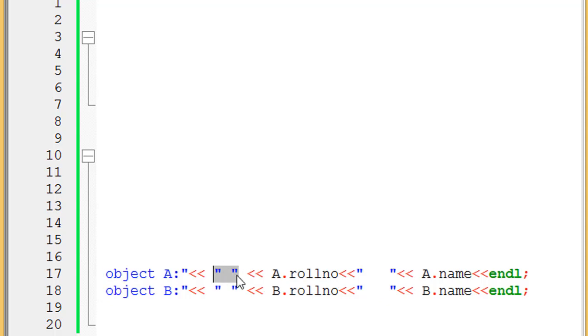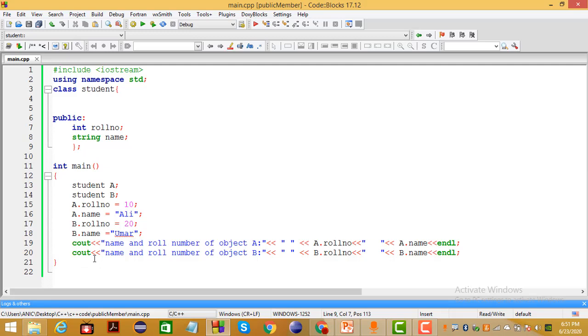They insert the space. So we inserted the space between the print statement and the roll numbers and the name, so that it is more readable for the user. In the code, you see that we simply define the class, and in the class we define two variables, and then we create two objects, and for each object we define the name and roll number, and then we simply print it.